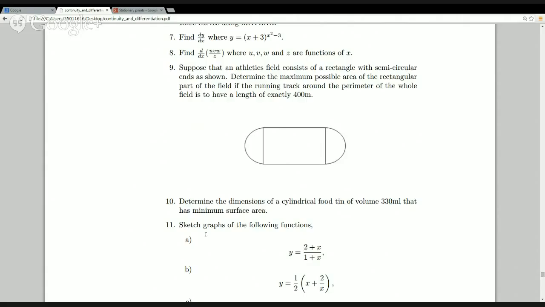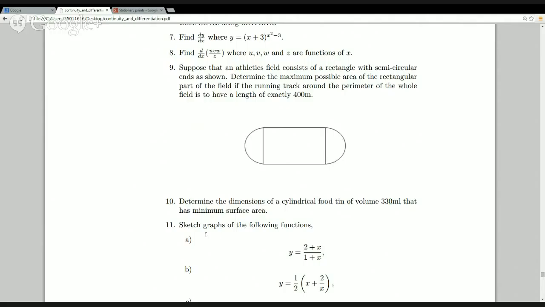So we'll say the central field, let the central field have length L and width W. And we'll work in meters, since the perimeter constraint is given in meters. Then the perimeter P of the track is given by,